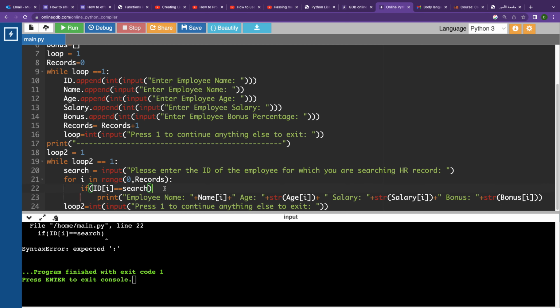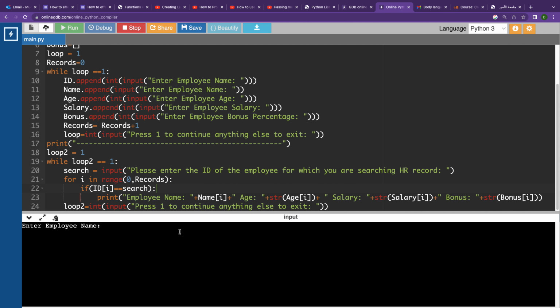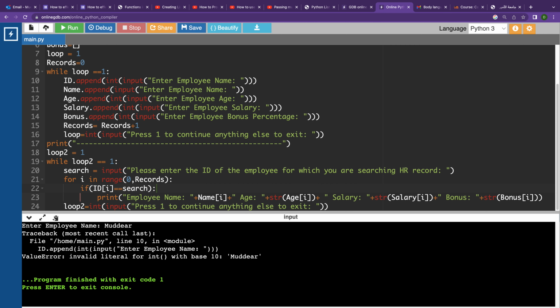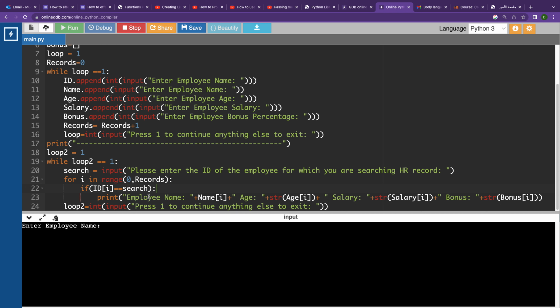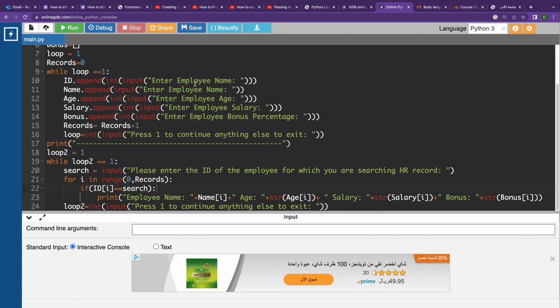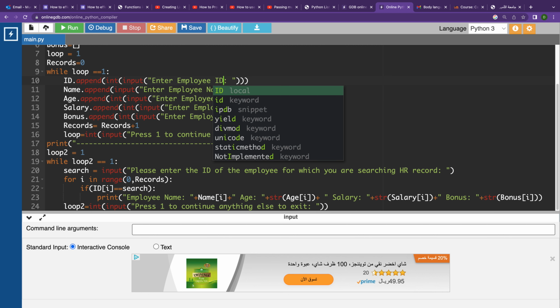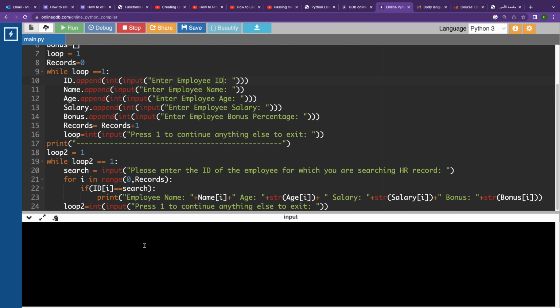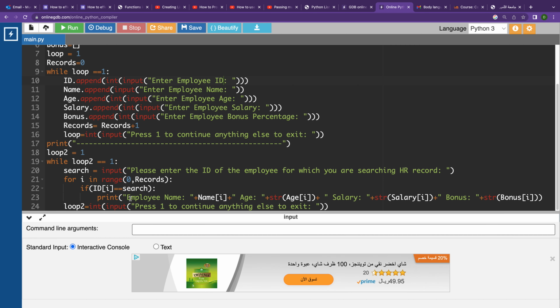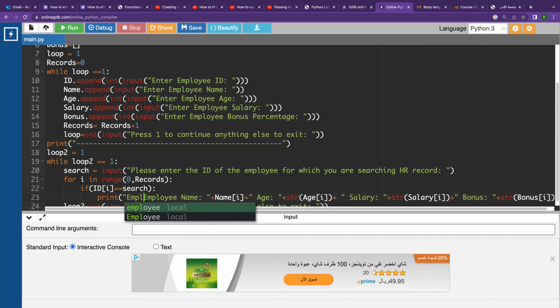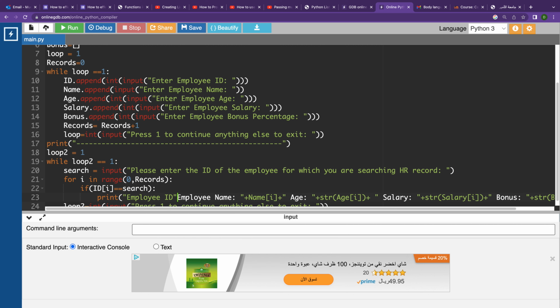Where I got a problem? I got a problem here. This one. Yeah, and okay, my name is Majasa. Oh, what is the? Oh, first one is ID. It's integer. Sorry, it has to be ID first one, not name. I have to change it here, employee ID. My ID is, let's say 20, all right, and then we say 21 and so on and so forth. By the way, you also want to print ID as well here, isn't it? Before employee name you want to print employee ID, okay, and then you want to add here